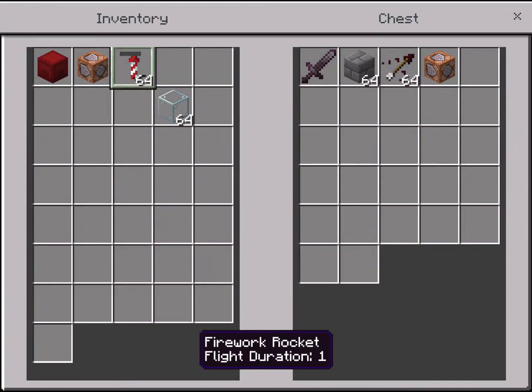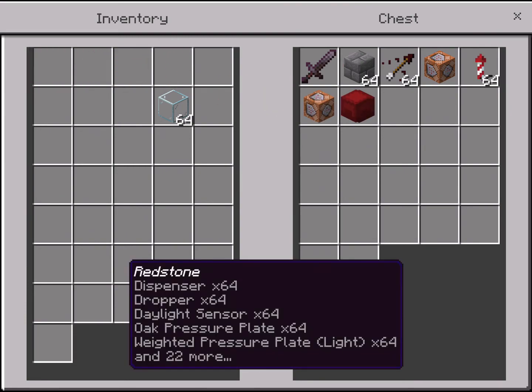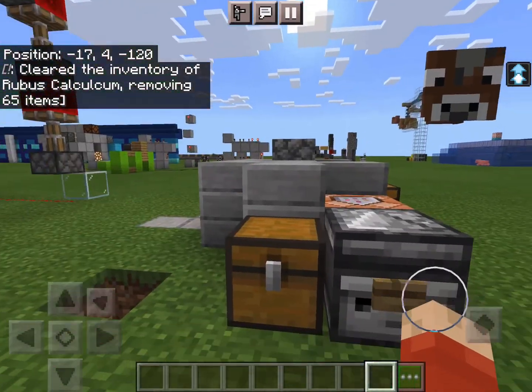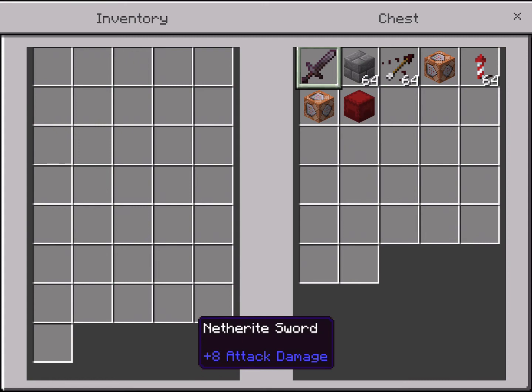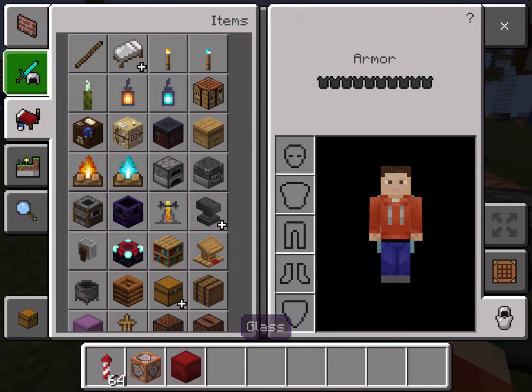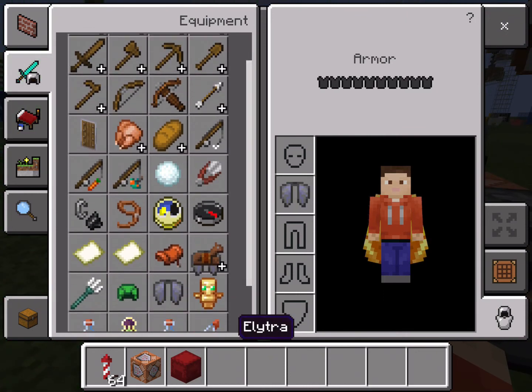So I'll leave the glass in my inventory and take out everything else, and I just happen to have another command block. See, I have the glass, and now it just removed everything from my inventory. So you can use command blocks. I forgot to take off my elytra, but you can use command blocks